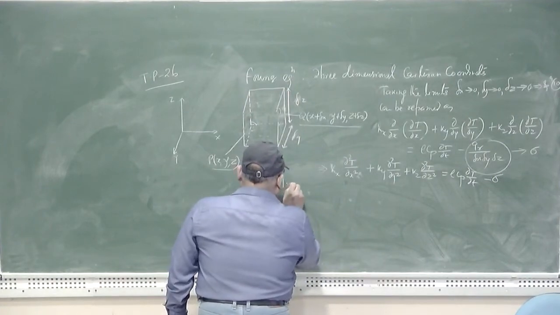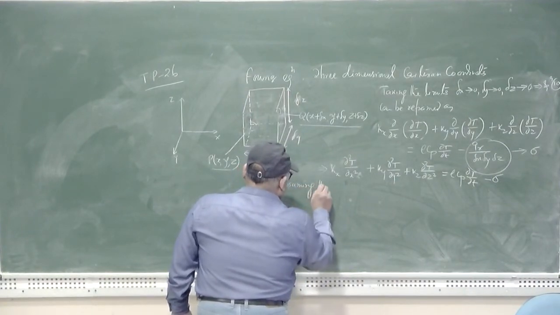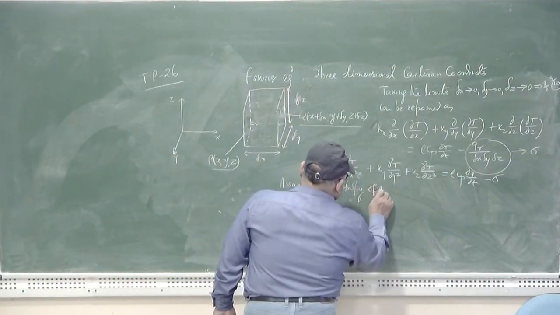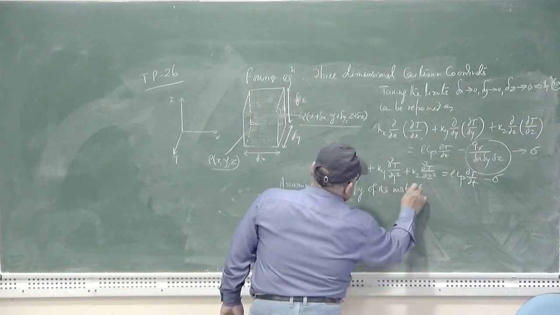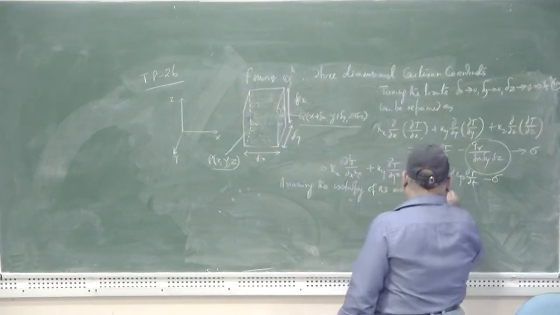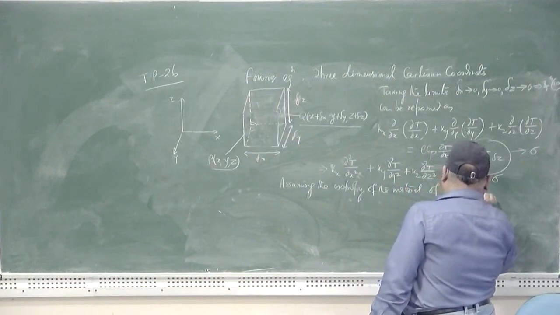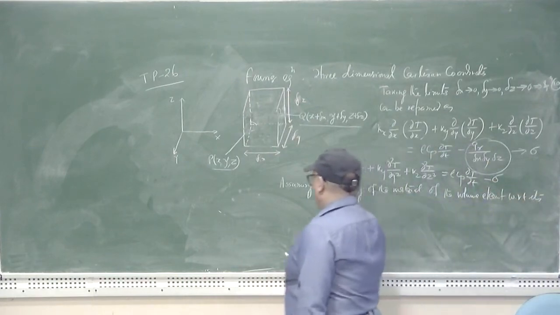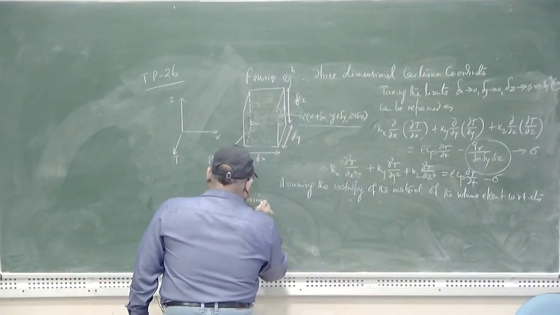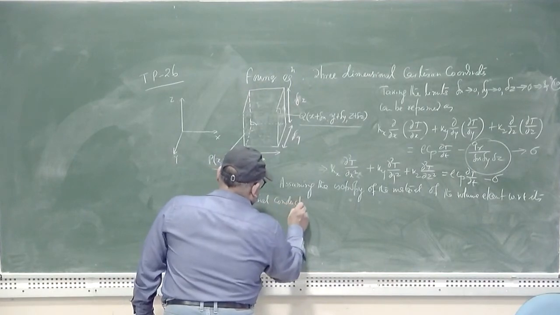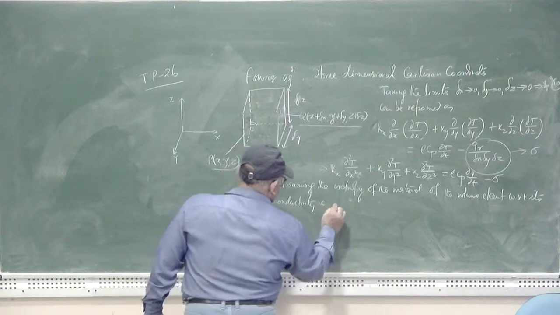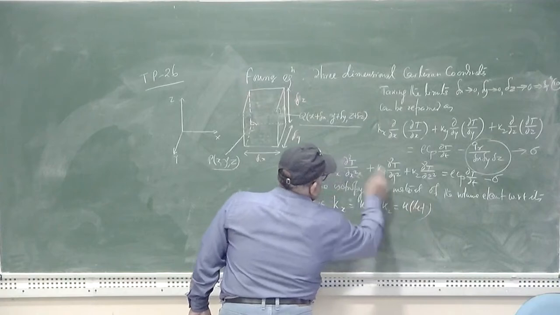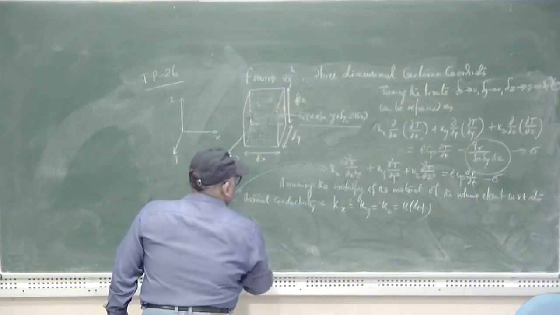Now assuming the isotropy of the material of the volume element with respect to its thermal conductivity, that is assuming that kx is equal to ky equal to kz equal to k, then this equation can be written as k